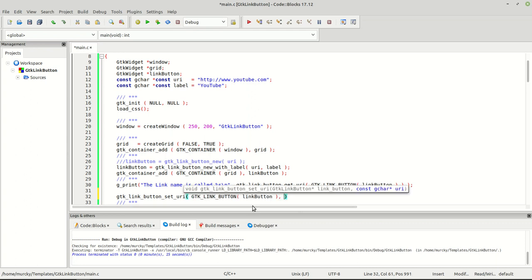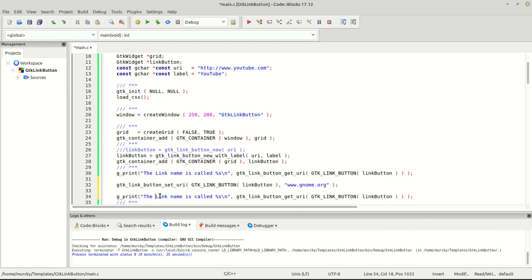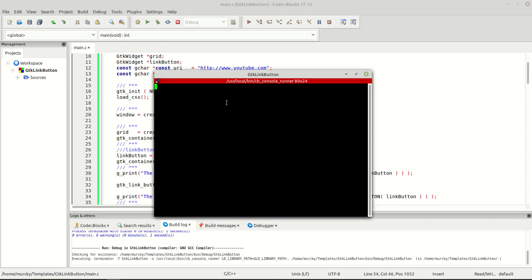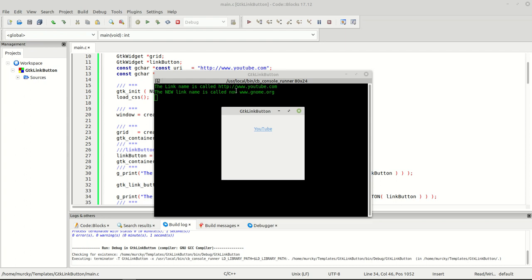So this is the function, and the new name, the new URI, I'm going to say www.gnome.org, for example. And if it's working, we are going to call again the link, and I'm going to say the new link name is called now, and we'll see. And as you can see, it says the link name is called www.youtube.com, wherever. The new link name is called now